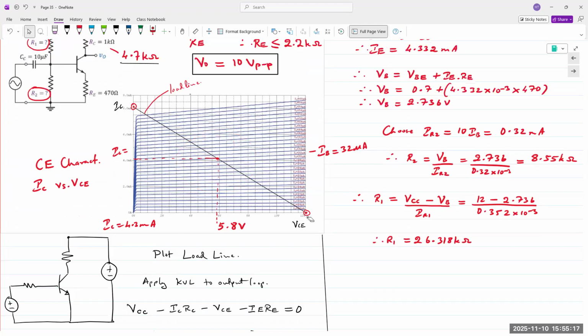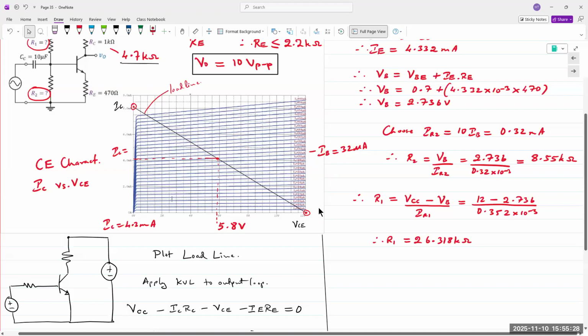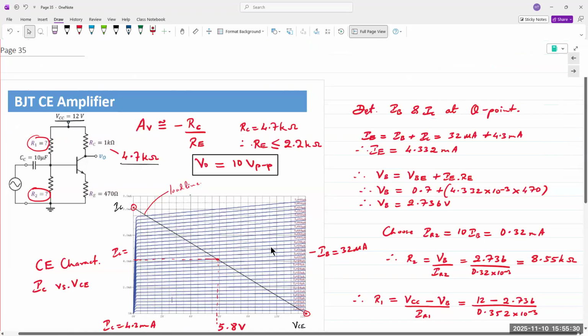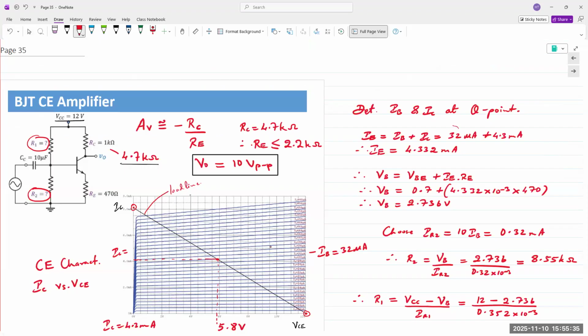So again, we had 6 sets of data, 0, 10, 20, 30, 40, 50. Center would be around 25 or 30 microamps. Pick either one. Doesn't really matter. You're designing, right? So you choose the value for IB. In this example, because my characteristics are different, the center is around 32. So I chose 32. You can choose anywhere between, I would say, 25 to 30,